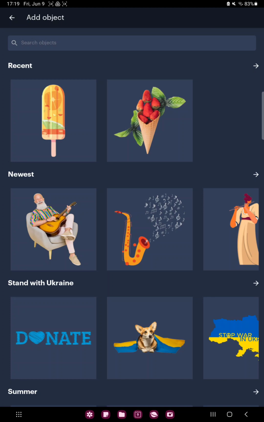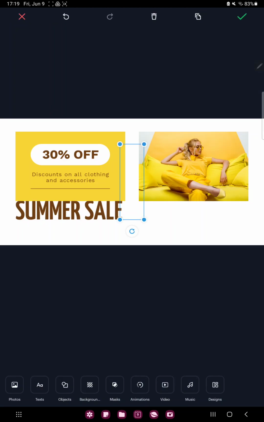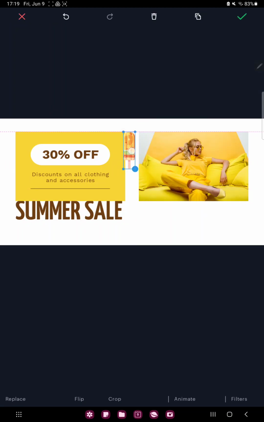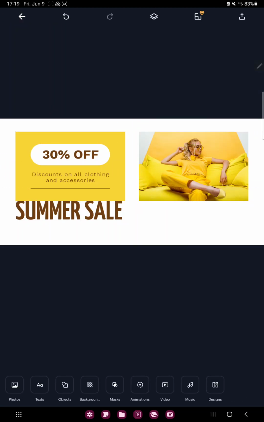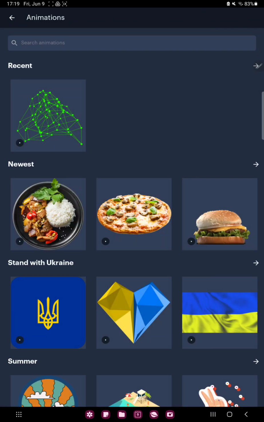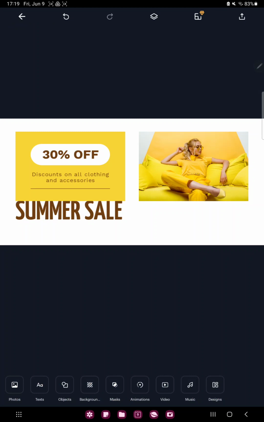In the object section you can find different objects. For example, click the first one, the ice cream, and you can move it and edit the size. In the animation section you can find different animations which you can add to your project, and if you want to add music to